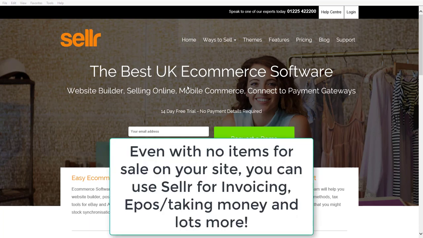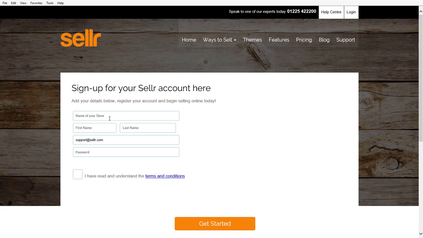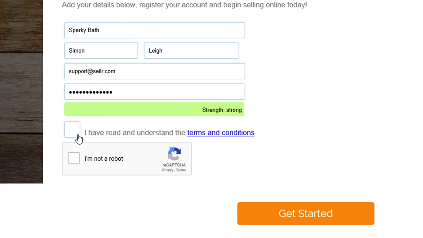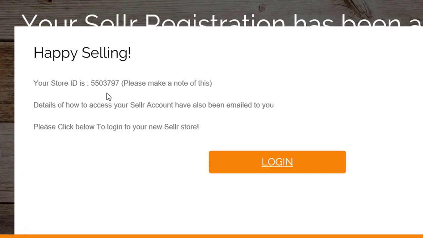So firstly, you go to seller.com, that's SELLR.com, and you enter your email address there. Let's register for an account here. So if I do that now, and the name of our store is going to be Sparky Bath. This is an electrician. Great, so you just register that there, click on get started, and it gives you the details you need to